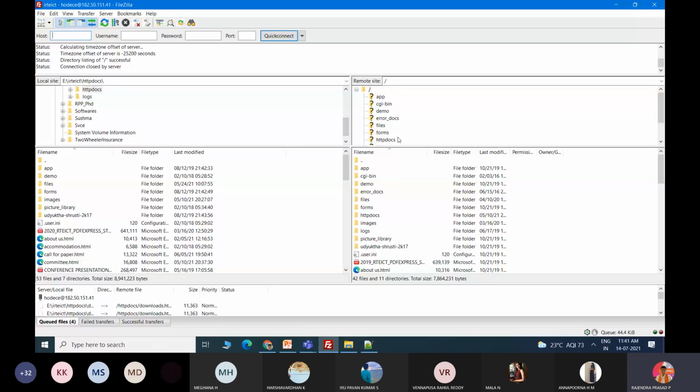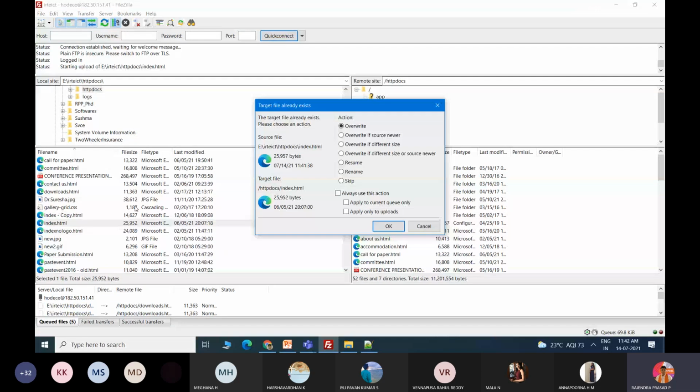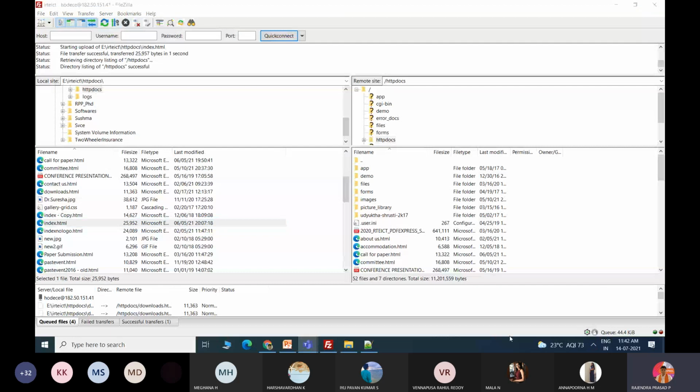I think it is not connected. No, it is connected. So it is asking whether this file index.html should go from the local drive to the remote drive. Okay. So I am telling it to overwrite. So I will give overwrite. Now I will get a pop-up window that it has been successfully transferred.